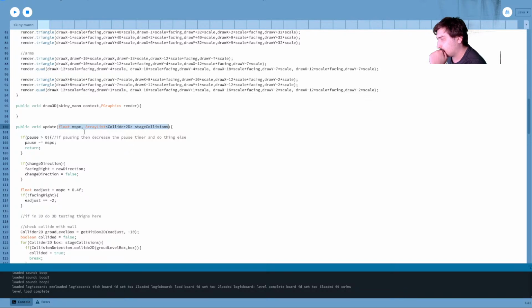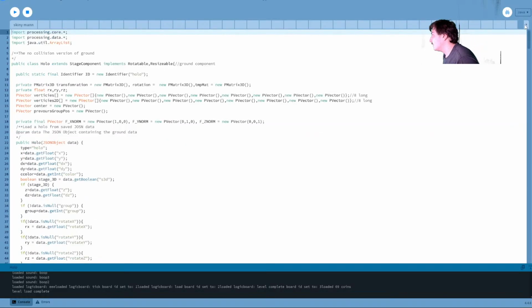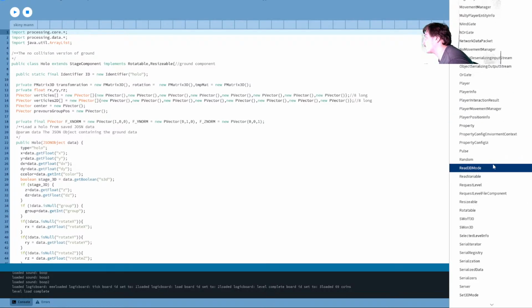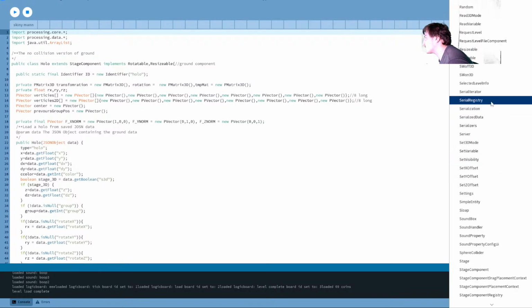I think we do have access to records here as well, because we're in Java 17. Records are like Java 15, I want to say. So yeah, I think we do have access to records here. These are the two things that we need to be there. Okay, let's try to do this with a record, because that'll just do everything we need it to do. It's a storage class.